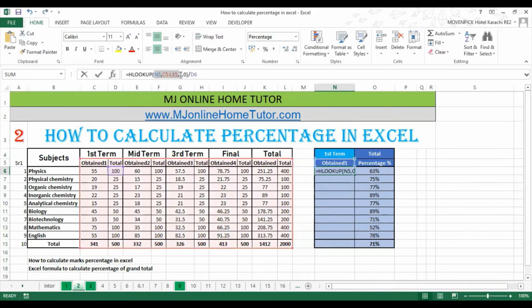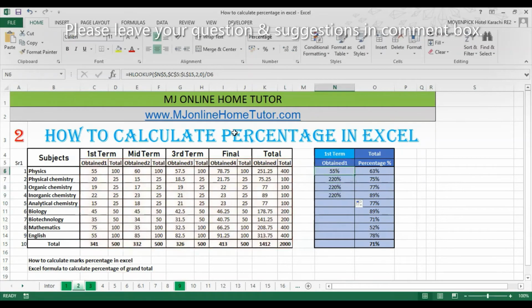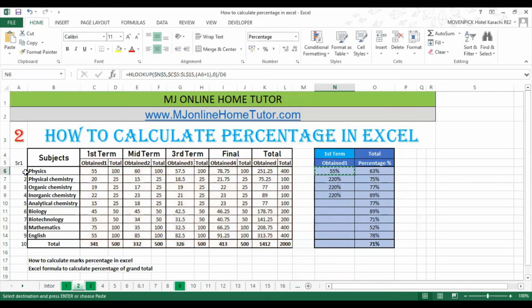But once we drag it, it's not working. We need to give the proper address. Here you can see once we drag it again, it's not showing the right result because of the column index number. I'm explaining this formula for your understanding. The column index number we need to change on every next column. So for that I apply the formula as A6 plus 1, and once we drag it, we get the result as our requirement. The formula is very simple, but if we want the result for an examination sheet, we can have the result by this method, and we can apply the border.